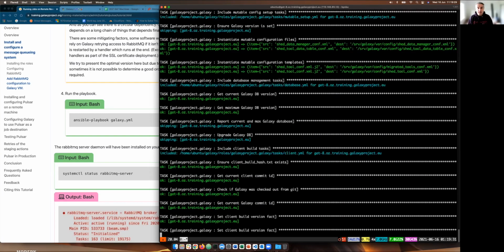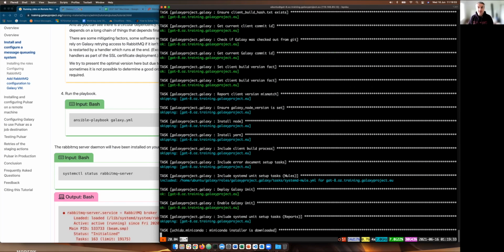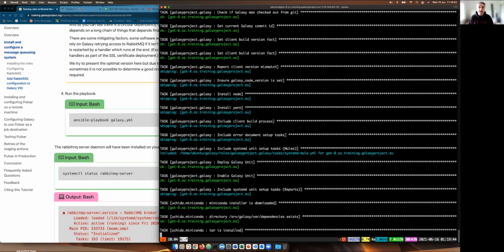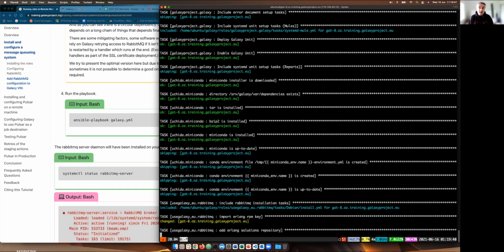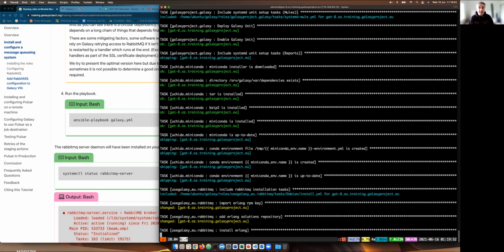So if you install this server on your production machine and you regularly run apt-get update, apt-get upgrade, or yum update, and you're regularly upgrading all the packages on your machines, occasionally Erlang may reinstall to a new version and it may break Rabbit. And so then you'll need to go back to our playbook and upgrade the version of Rabbit that you need to install. You can search for this information on the